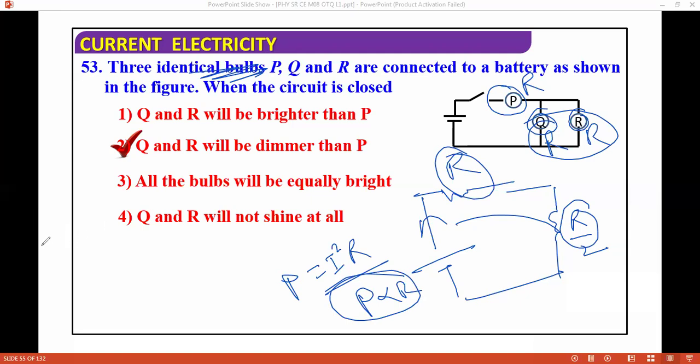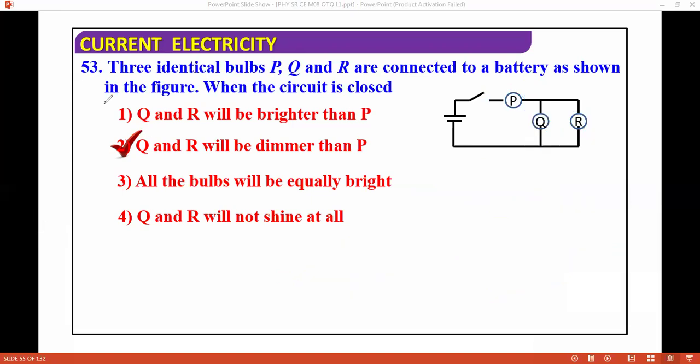If you know the concepts, you know. If you don't know, then please don't attempt the questions. It will demotivate you to do the questions. Okay, so if you know, then only attempt all these questions. Yeah. So next question in front of us.